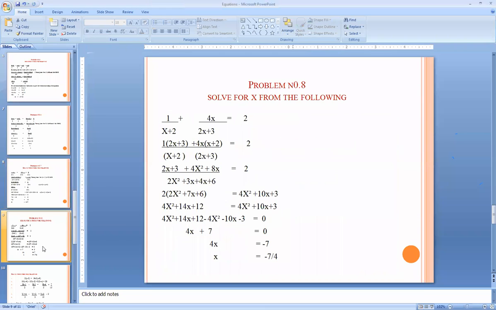And one more question of the same kind, that is x plus 2 and 2x plus 3. The denominator values we have taken as it is the LCM, because in the right hand side there is no other number. So directly we can multiply 1 with 2x plus 3, the numerator 4x into x plus 2, numerator oppositely we should go for multiplication, equals right hand side no number, so it is 2. Then we have to remove the brackets here. When you are going to multiply with 1, 2x